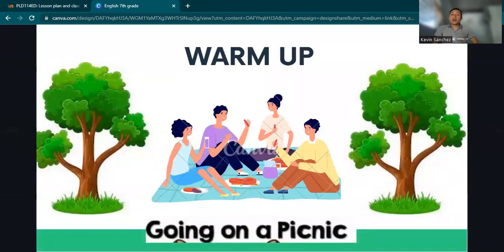Okay, for the warm-up activity, we are going to play this game, which is called Going on a Picnic. Okay, now students, please stand up and let's form a circle. Okay, now that we are in a circle, for example, Pedro is going to be the first student. Okay, Pedro is going to say this. I am going on a picnic and I am taking a. So you can mention a food, a fruit, or whatever you think that it's important to have in a